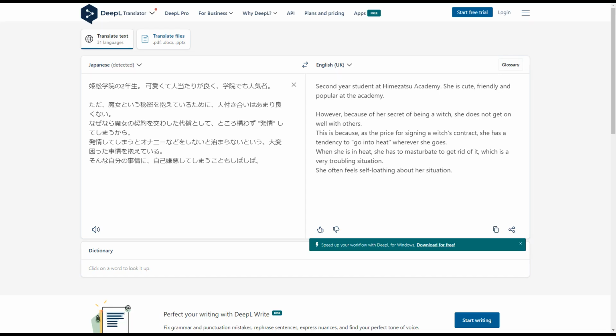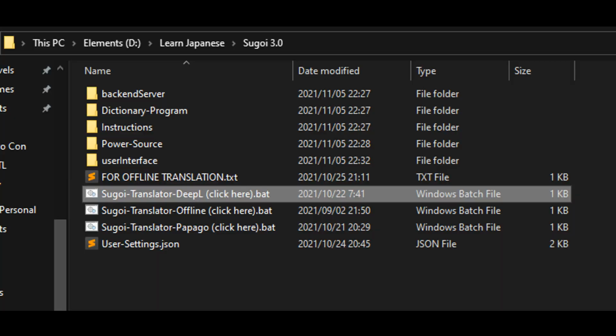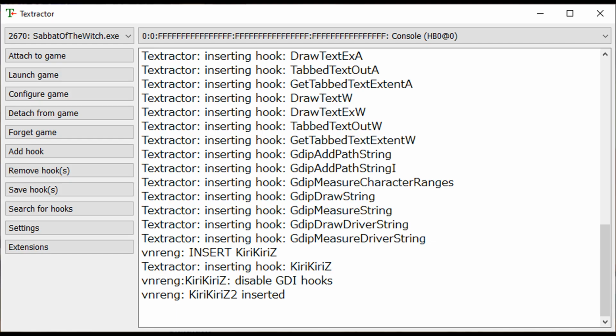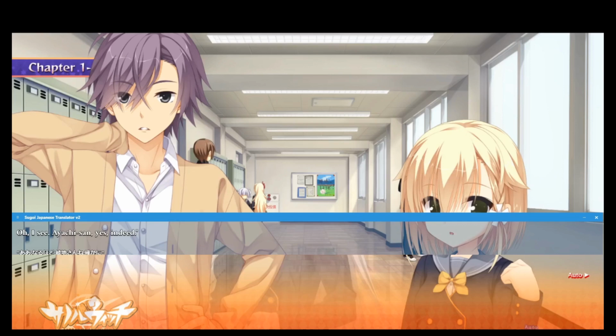To make this as fair as I possibly can, I'm going to be using Sugoi Translator and DeepL. DeepL is generally considered the most respected machine translation website out there. Sugoi Translator is a convenient way to access the DeepL translation services and auto-translate without having to go to a browser window to keep copy-pasting text into DeepL. In order to get the Japanese text from Sanoba to do the machine translation, I'm going to use Textractor. So anyway, let's get started.